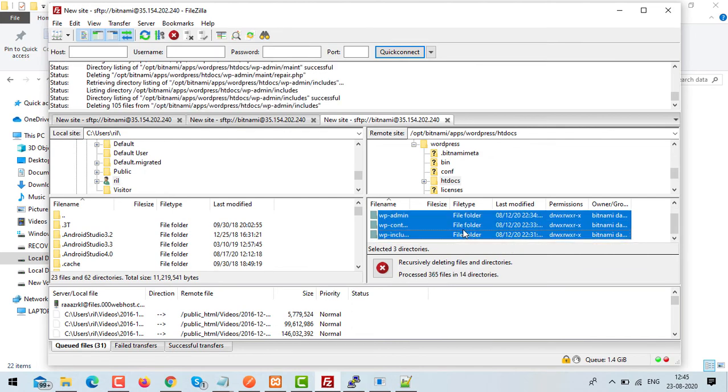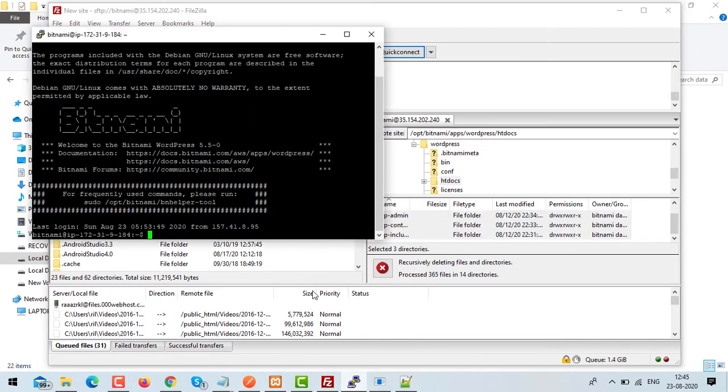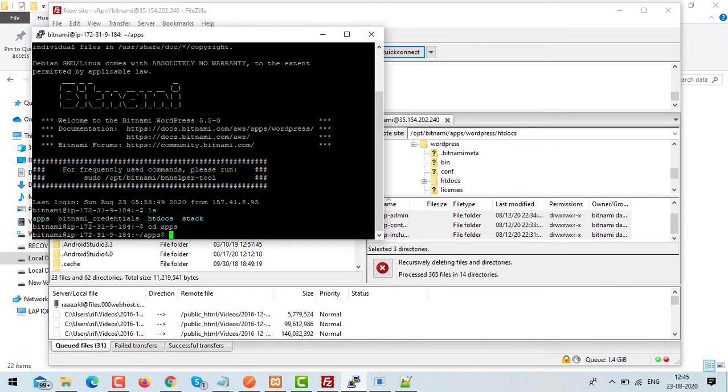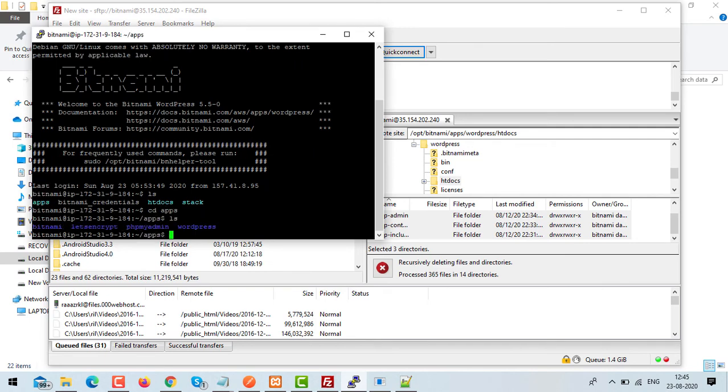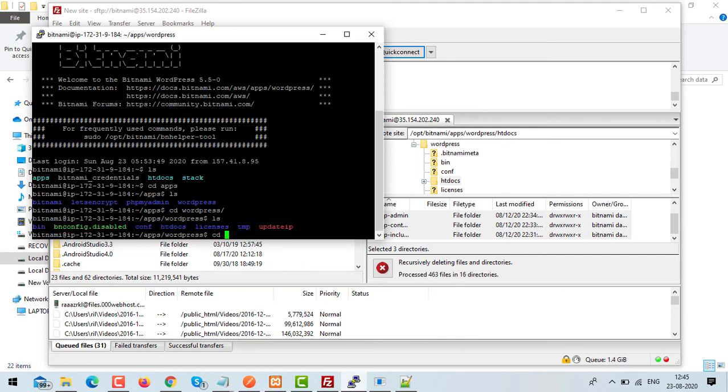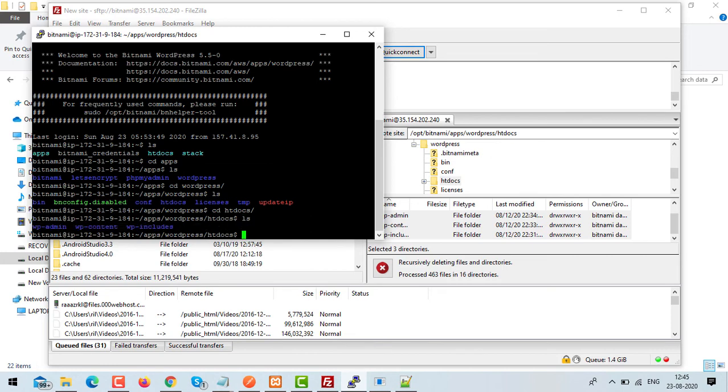because we have already connected our PuTTY with the EC2 instance, so we can go directly inside the folder and execute the command rm -rf, and either delete each folder one by one, or we can delete all the folders at a time. The second one is the recommended one, but make sure before executing any command you are inside the WordPress/htdocs folder, otherwise you will delete other folders, right?